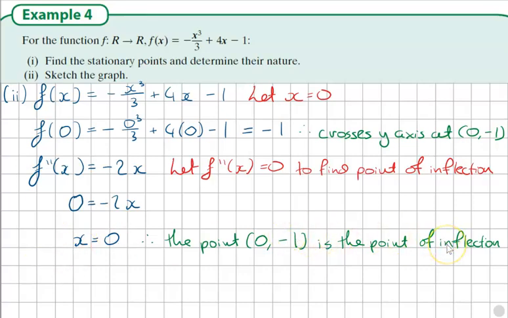So the point of inflection just so happens to be the point where the curve crosses the y-axis, but this will not always be the case. It's just a coincidence. So there was no need to sub in x equals 0 to find the y value because we already had it from up here. Because we'd already subbed in x is equal to 0 to give us minus 1. So that's where that minus 1 came from. So to summarize,